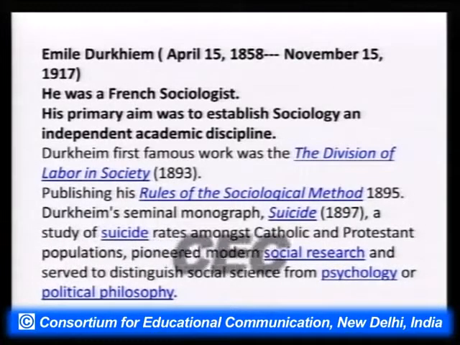Durkheim's seminal monograph, Suicide, was published in 1897. It is a study of suicide rates, not suicide in general, but suicide rates. We have to be very careful when we understand his work: it is about sociological suicide rates among the Catholic and Protestant populations. This research distinguished psychological facts from sociological facts, and he wanted to prove that suicide is a social fact, not a psychological fact. Now, the third work of Durkheim is The Rules of Sociological Method, and after that Suicide, the fourth work of Durkheim